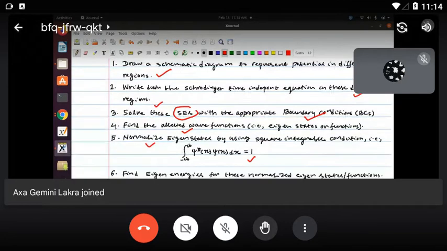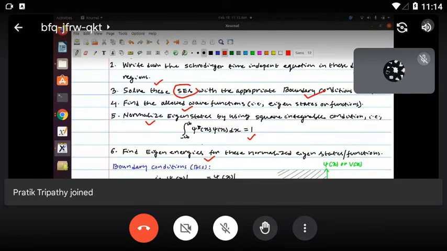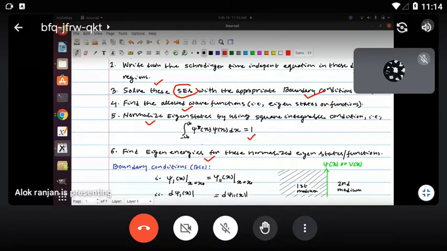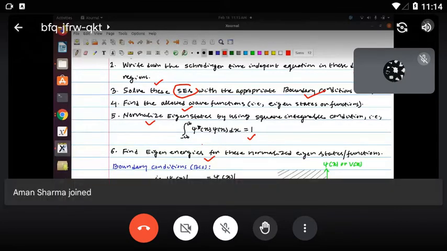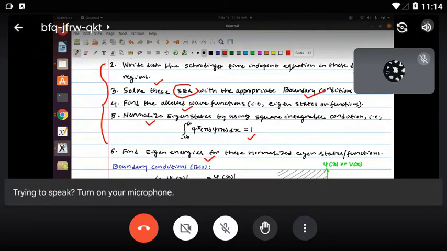Okay, and then once you impose the normalization condition, you will get the allowed energy levels, which are called eigenenergies. So these are 6 important steps one should keep in mind while solving any quantum mechanical problem. If you study a lot of quantum physics books, you must conclude that you should deal with at least these 6 important points.